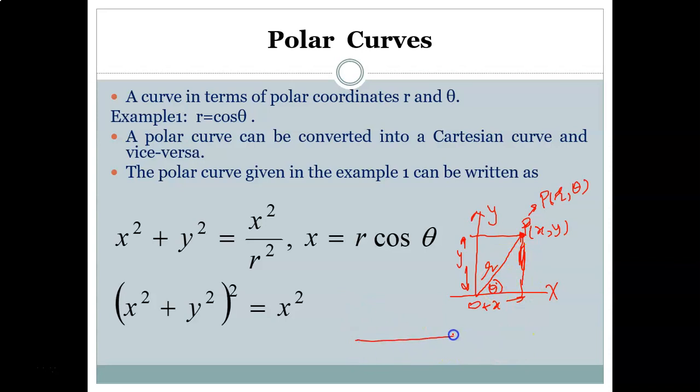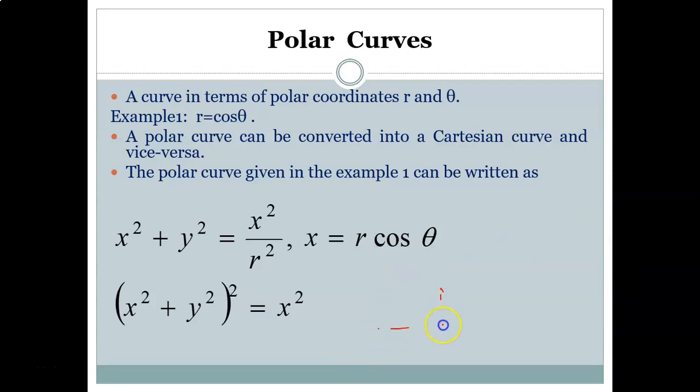In fact, in polar coordinates you have this line only, this point O and this P, then this r and theta. This is called the initial line, and this is the vectorial angle. Here is the radius vector, and here is point P whose coordinates are r and theta. And this is the initial line from the origin.